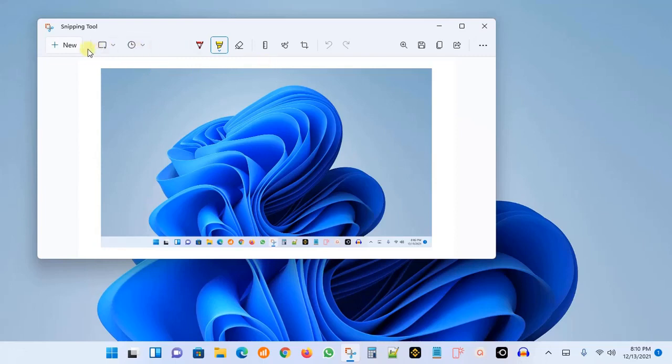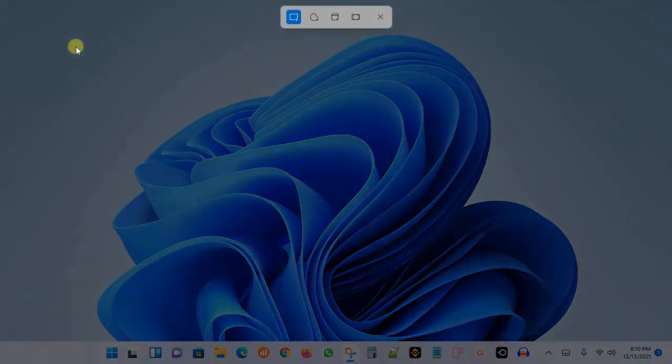Okay, so let's go ahead and see New. It's actually the first one, the rectangular snip. You will be able to dictate the height and the length of the rectangle, but ultimately it must be a rectangular snip. So when you click on this,